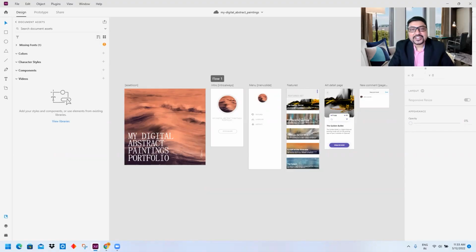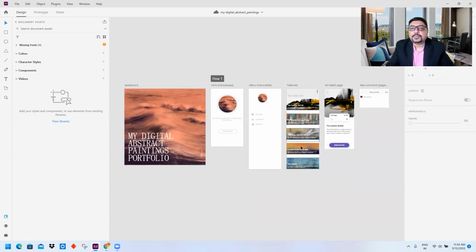So guys, this is your very well-known Adobe XD interface, where I have already created certain screens for you to see. These screens have been randomly created. What I have done is taken some of my abstract art as if this is a gallery, which I can share with my art lovers, art connoisseur friends, or art buyers to select my art. And if they are kind enough, they can actually buy my art.